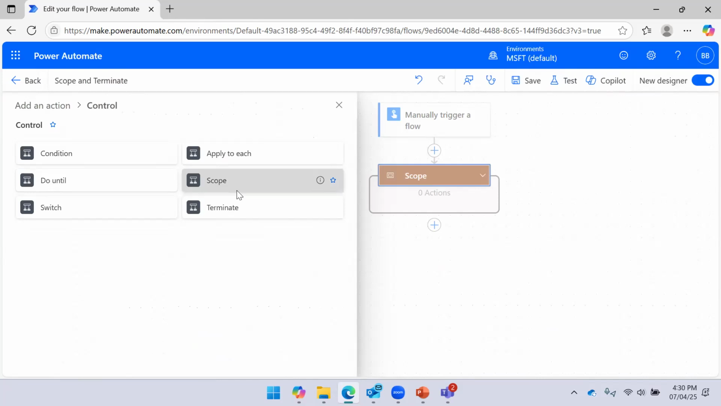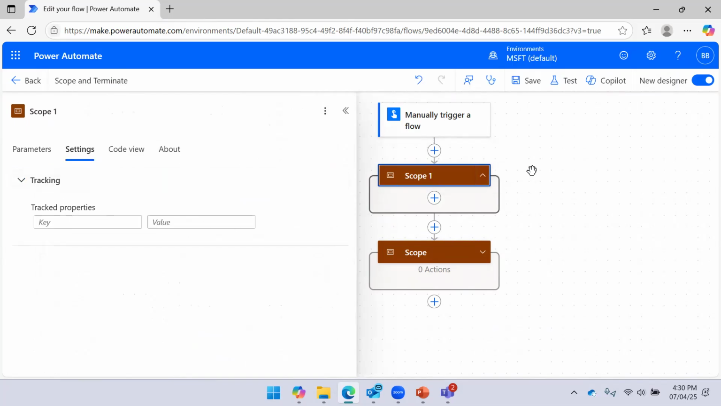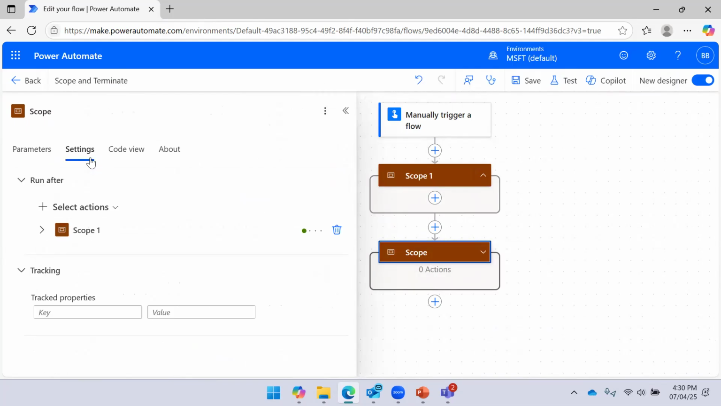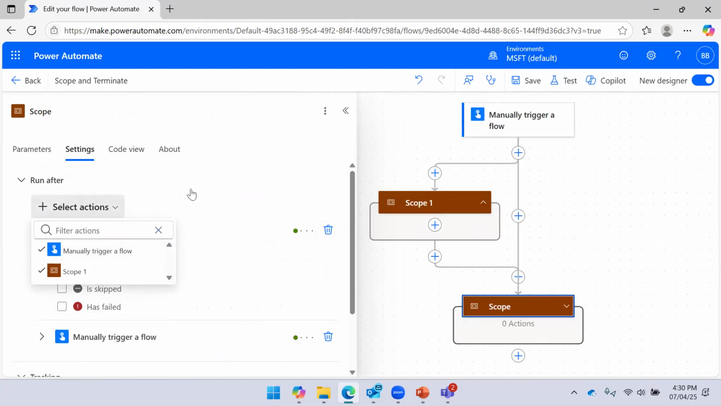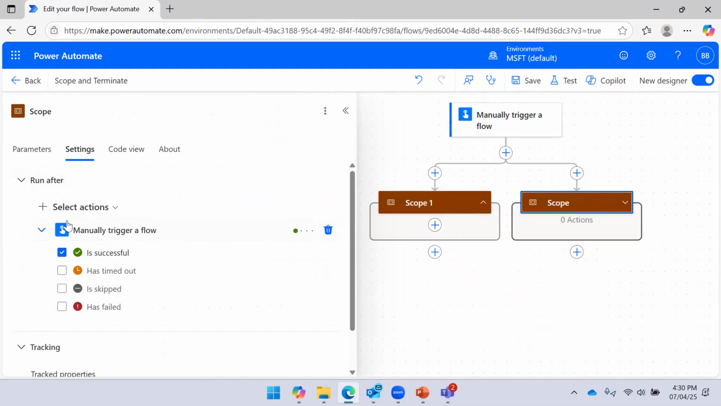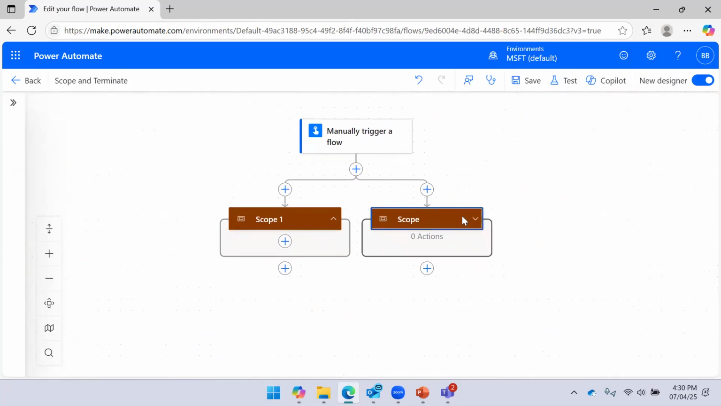I will use scope here. Okay, but by sequence it picks. So what you need to do is, this is fine, but here even if you want to run, configure the run after. Okay, go to the setting, and here you can select the action and remove the first. So both the scopes are going to run at the same time, right? So this is how you can achieve the parallelism, or you can